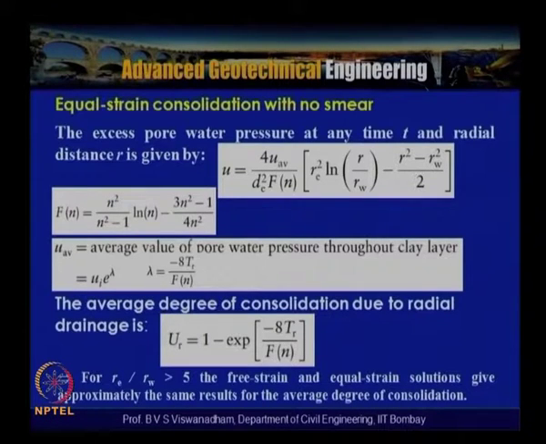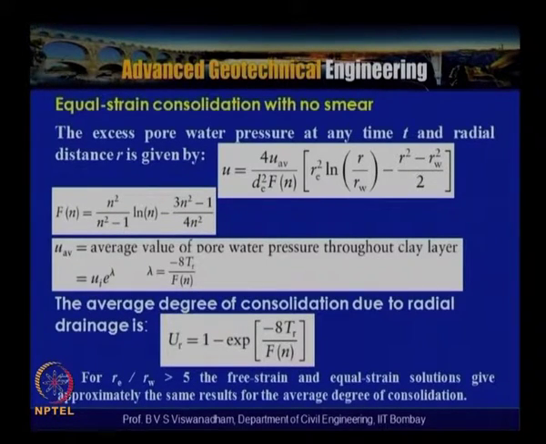So, where f(n), the function of n, is nothing but n square by n square minus 1 natural logarithm of n minus 3n square minus 1 by 4n square. So, we can see that by substituting the function of n, the u average can be estimated like this, which is nothing but the average degree of